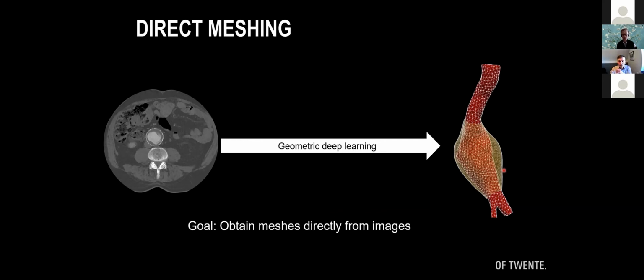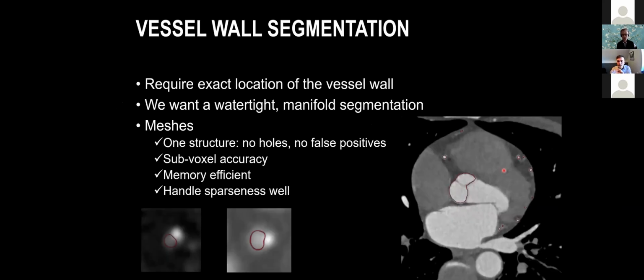And one problem where this is relevant is in the segmentation of small vessels from medical images, where we want to know exactly where the vessel wall is in 3D. We want a watertight manifold mesh segmentation, because we know that in fact blood vessels are also watertight if all is well. Using meshes as representation gives us one structure without holes or false positives. It allows subvoxel accuracy, so we can let go of the voxel coordinate system and really use the world coordinate system here. Meshes are memory efficient and they can handle the sparseness quite well, also of these very small structures in